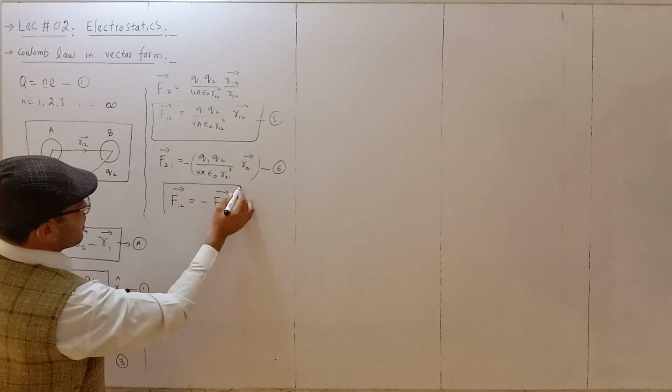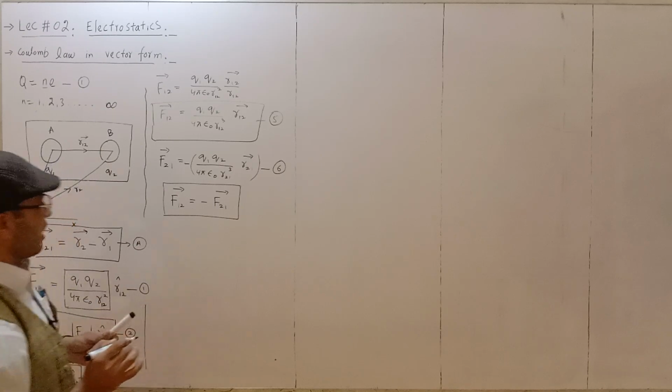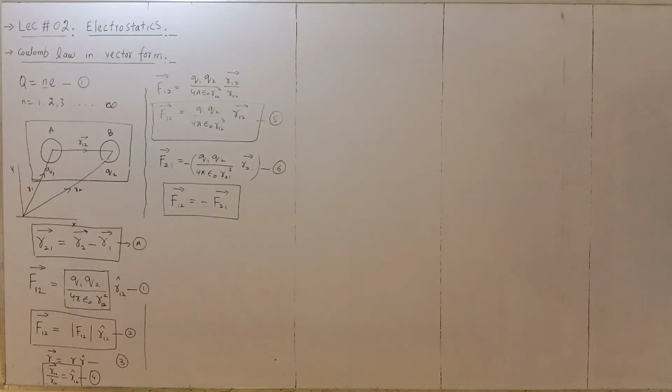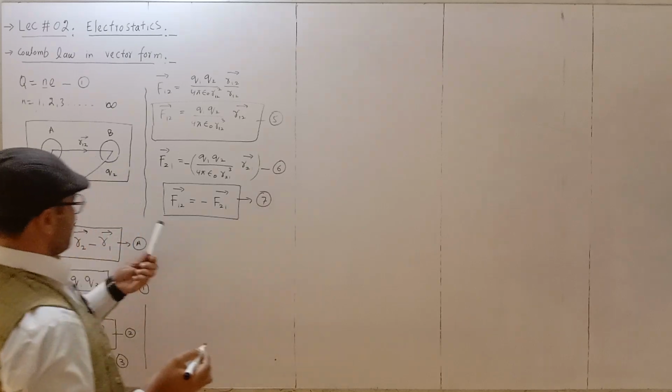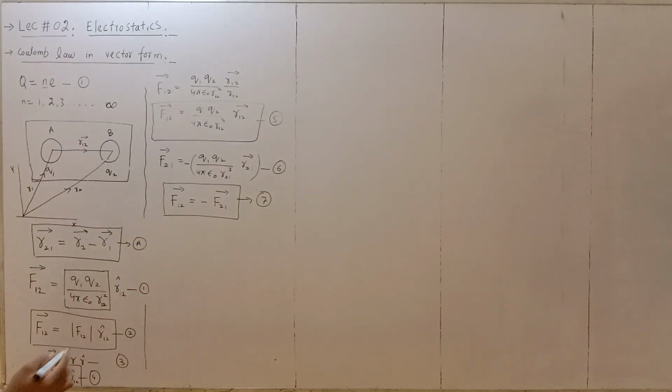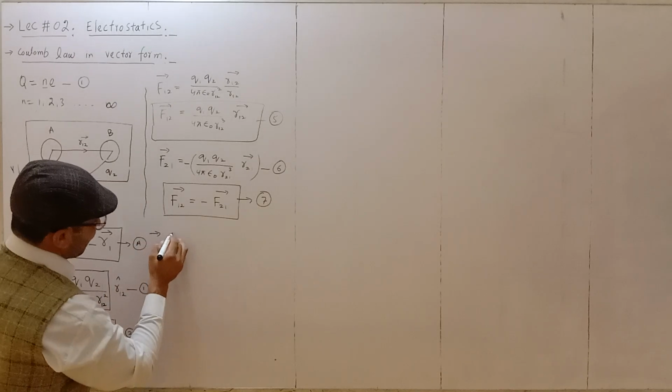Basically, the minus just represents the direction of the force exerted by Q1 on Q2. So in equation number 7, Coulomb's law is completed,